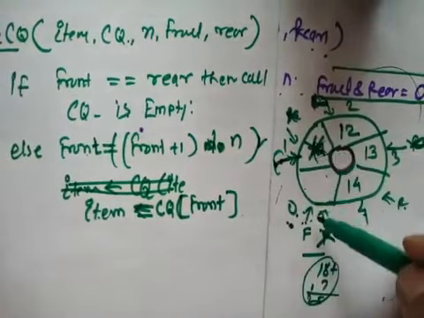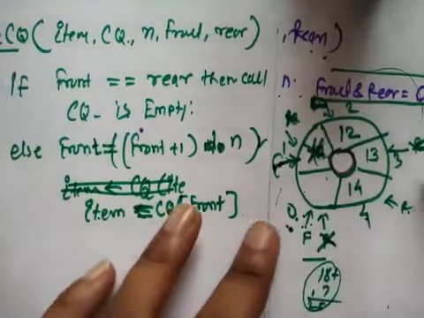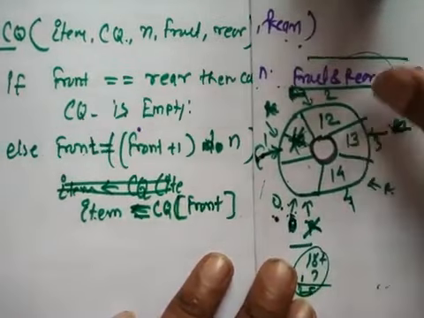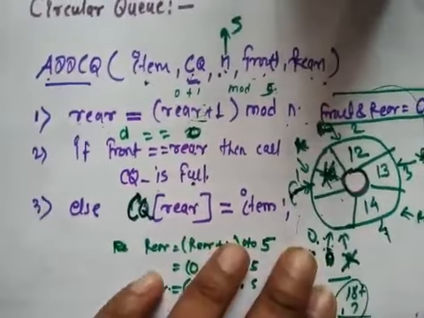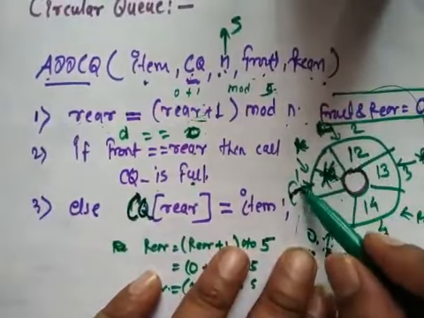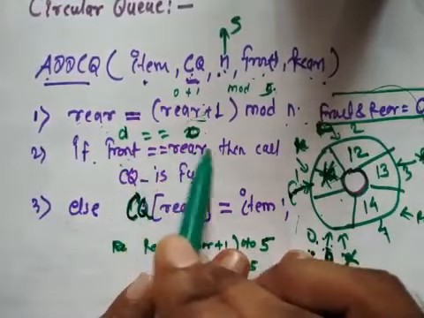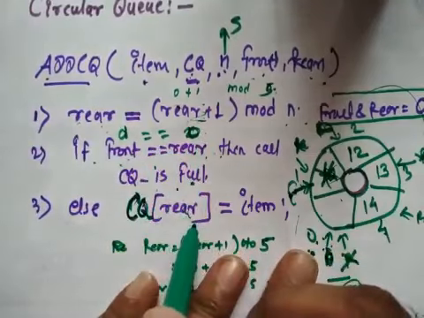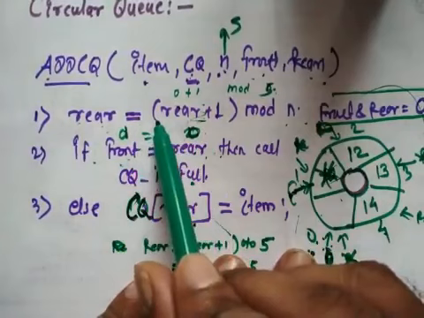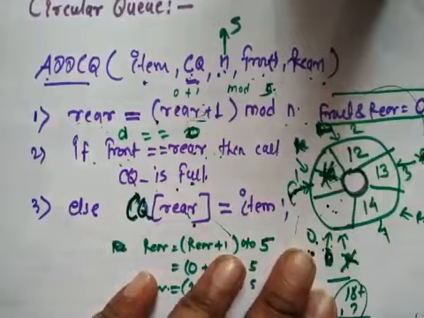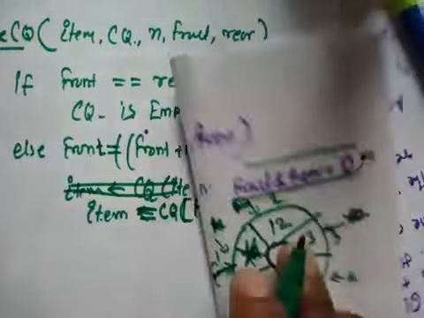Now suppose you are going to insert an element. Your front is not pointing here and rear is pointing to index location 4. Suppose you are trying to insert an element in this situation. Front and rear are not pointing to the same position, so it will not say the queue is full. It will find the rear position and insert the element. Here you can insert another element. Got it? Both our algorithms are working fine.